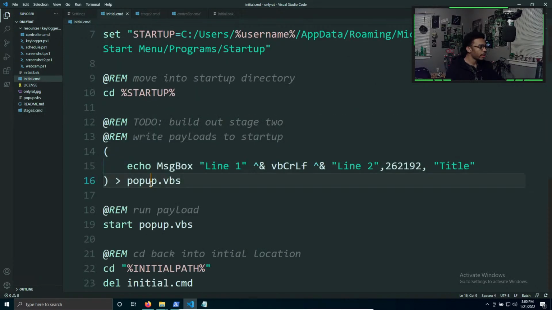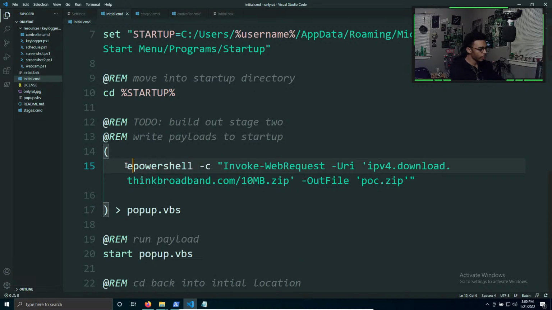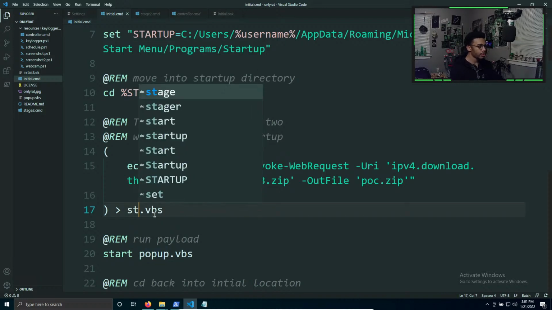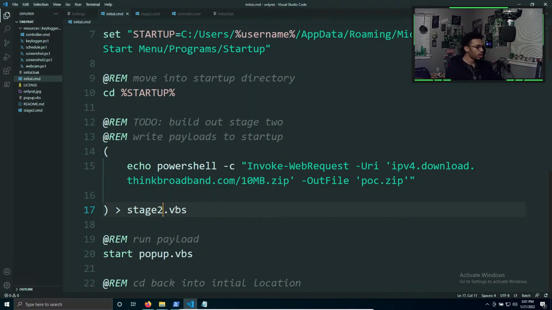And what we will do is replace this with this. The first word has to be echo, so it writes it to the file. And then we can just do stage2.cmd. And then we can start our stage2.cmd. Perfect. So in theory, that should create our stage 2 and then run it, download the file to, or what we can do is